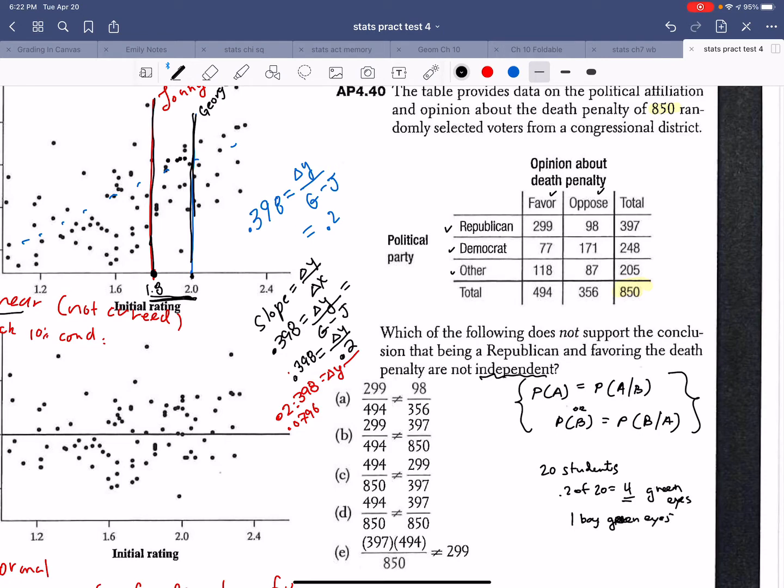You might think, oh okay, so knowing that you have green eyes, you're more likely to be a girl, because 4 out of the whole class. But then, if I told you that, so that means 4